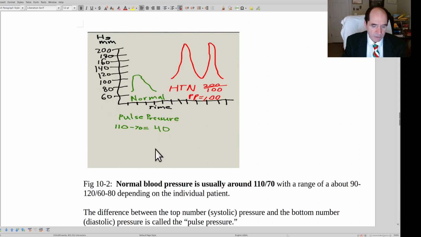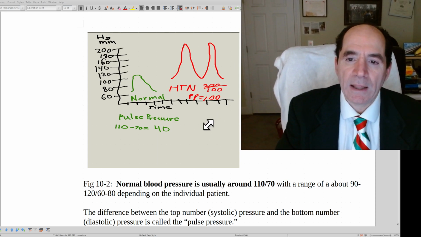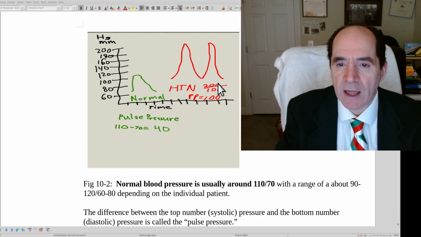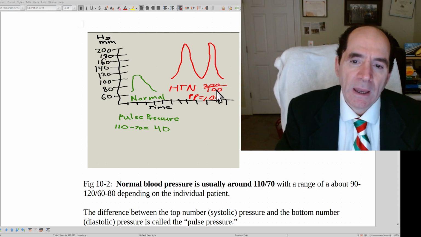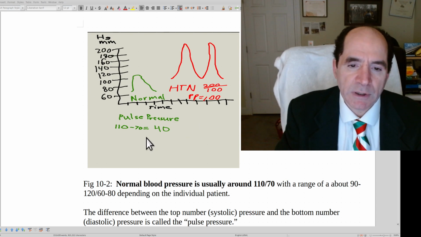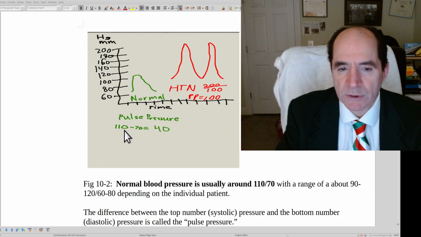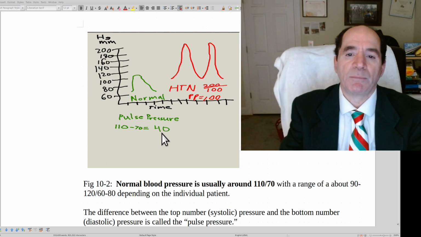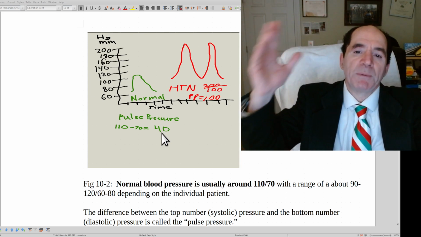All right, now let's look at blood pressure. The first number, the big number on top, is called the systolic. Here's a typical normal pressure, 110/70. Here's a truly hypertensive person, 200 systolic, the top number, over 100 diastolic. The difference between the top number and the bottom number is called the pulse pressure. So this abnormally hypertensive person has a big pulse pressure of 100. A typical normal blood pressure of 110/70 has a pulse pressure of the top number minus the bottom number, 40. Higher pulse pressures can damage the arteries of the brain